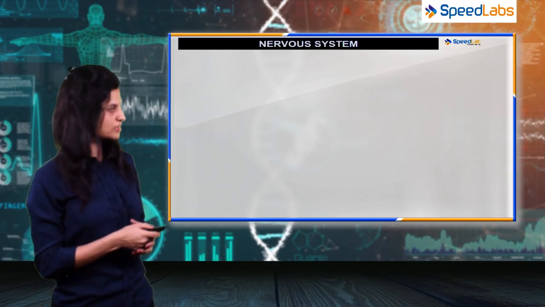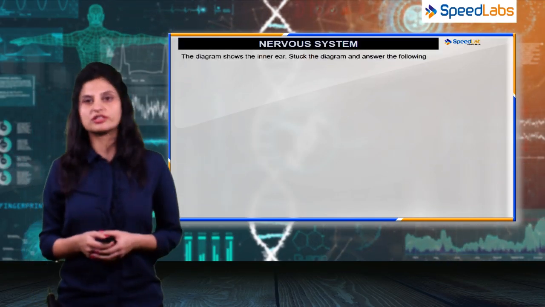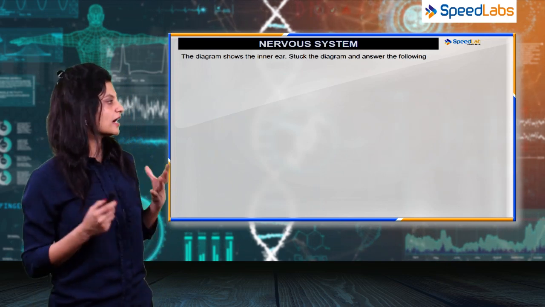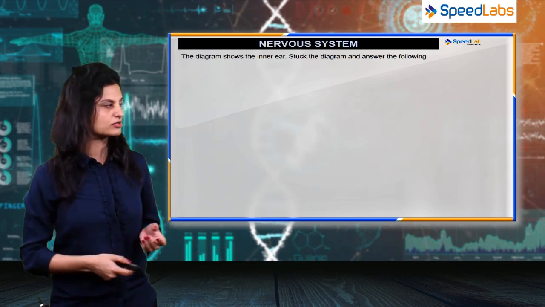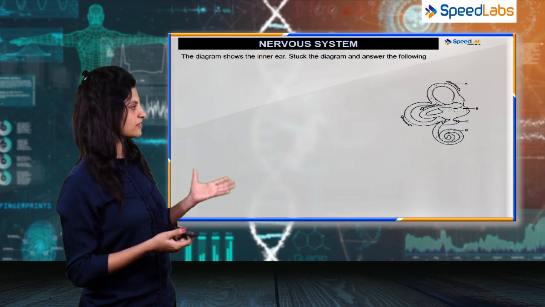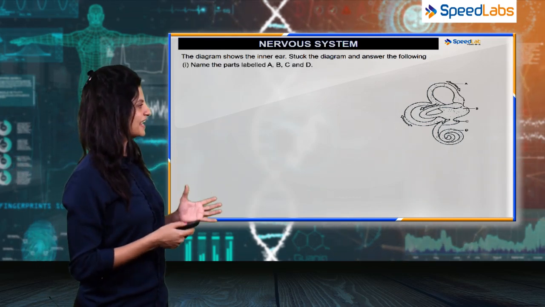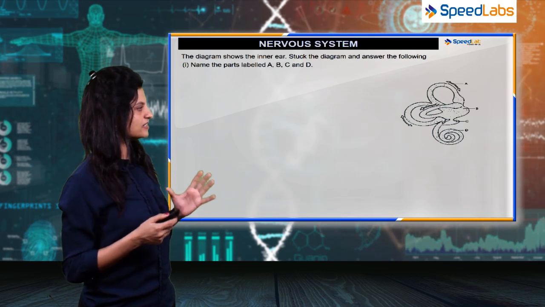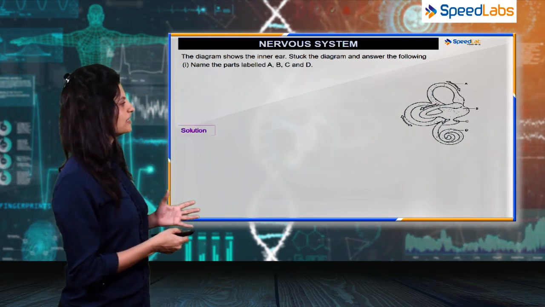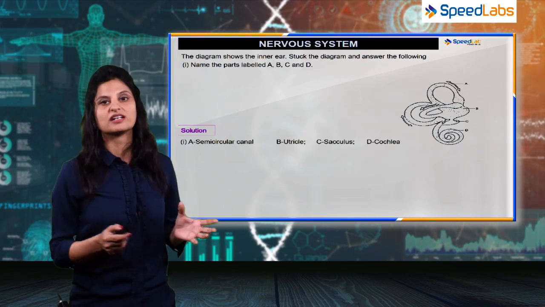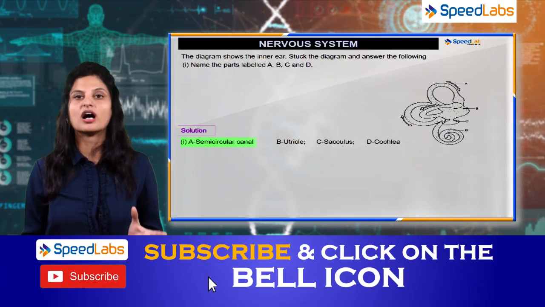The next question is, the diagram shows the inner ear. Study the diagram and answer the following questions. So we can see the diagram of the inner ear and the parts labeled A, B, C and D have to be guessed. The part labeled A, as you can see, is 3 in number and they are right